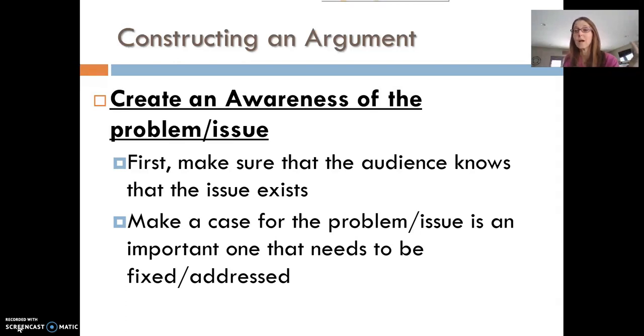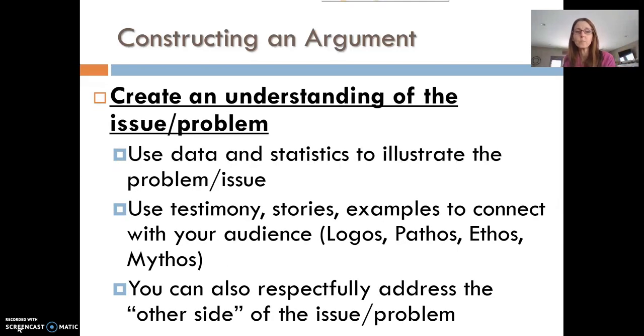How big is the problem? How concerning is it? Then you have to go deeper in helping us understand. So this is supporting it. This is using testimony, using stories, using data to flesh out. This is a little informative in nature if you want to frame it that way. You've established a problem. Now you're informing us and continuing to persuade us and provide evidence about how big the